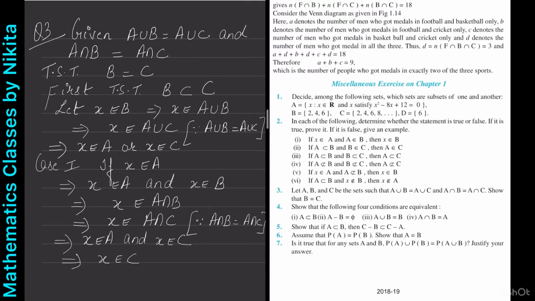So this was case 1. So therefore in case 1 I get that B is contained in C. और अभी आप ऐसे ही रखो इसको, x belongs to C. Now case 2 is, यहाँ पे और था बीच के अंदर, so x belongs to A or x belongs to C. So my case 2 is that what happens if x belongs to C. यही हमें प्रूव करना था. So we are done here. So nothing to prove. So from both the cases we are getting x belonging to C.